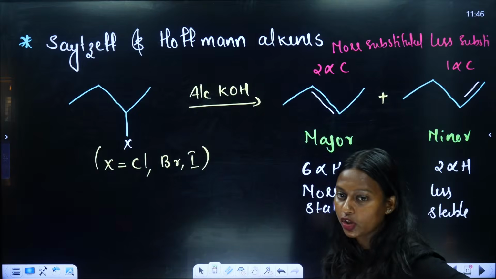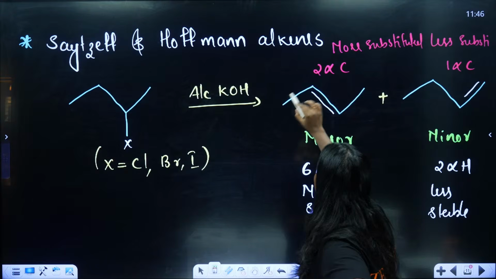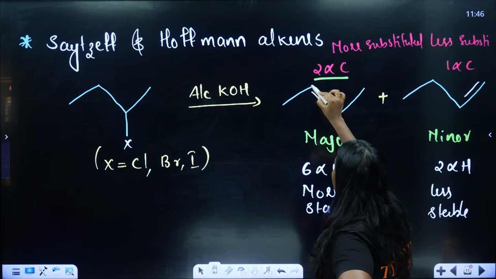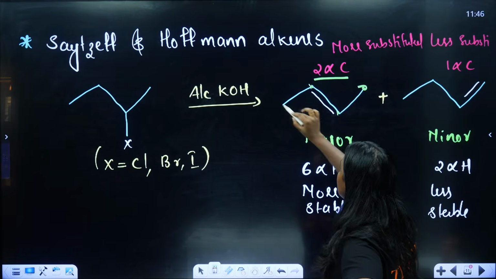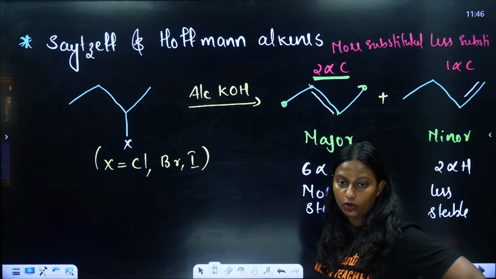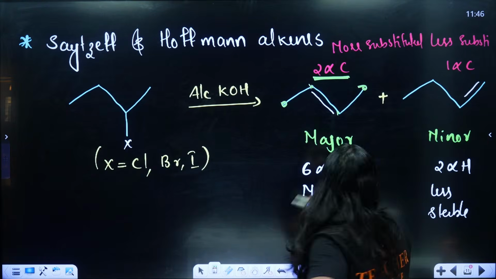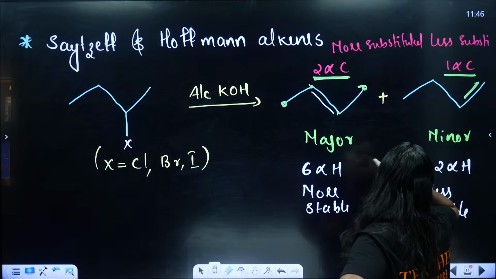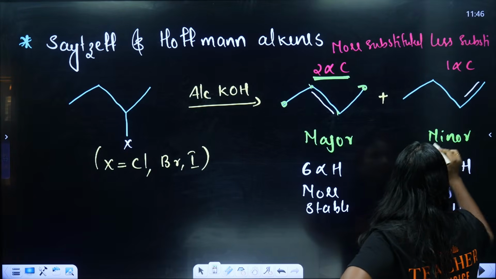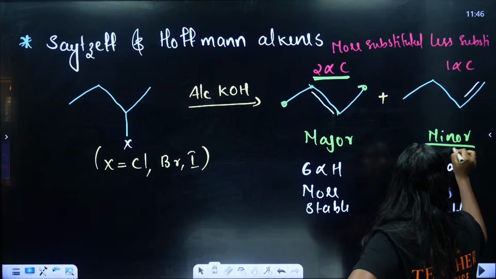So more substituted alpha carbon. When you consider this one, okay, here how many alpha carbons are there? These are our double bonded carbons. So here you can see two alpha carbons are there. When you consider this one, one alpha carbon is there, so it is the minor product because